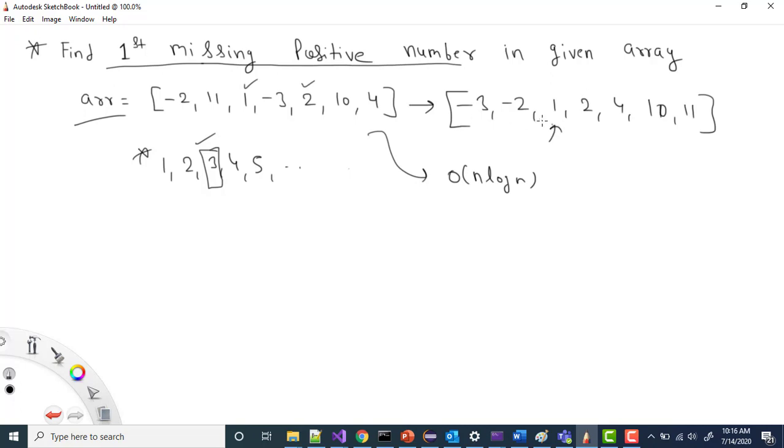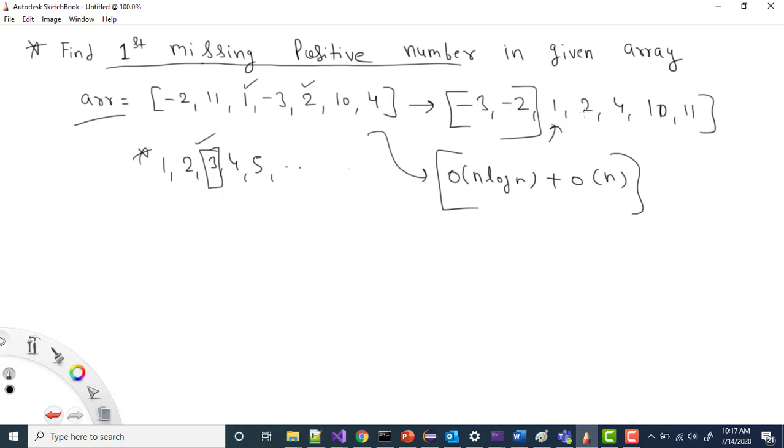So in this case, first of all, we will iterate till the first positive number, and then you are iterating each number. So if there are n elements, iterating the elements will be big O of n. If I do it using this approach, first of all I will do sorting, and after that I will keep on traversing each element, ignoring all the negative numbers, and as soon as I get the first positive number, I will start iterating to check what the first missing number is, and keep on traversing, yes, we have this number, and as soon as we don't find that number, we'll return it.